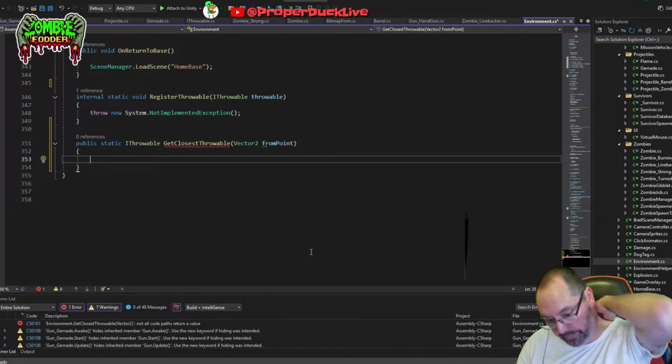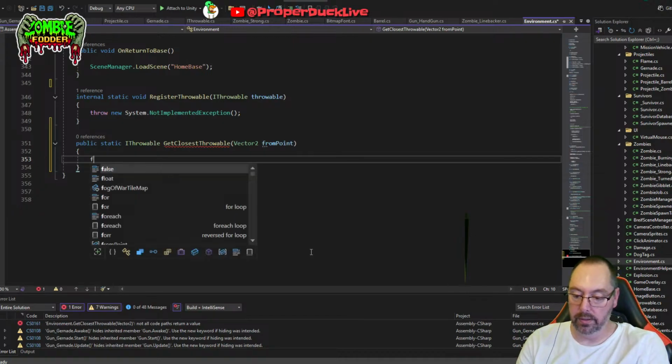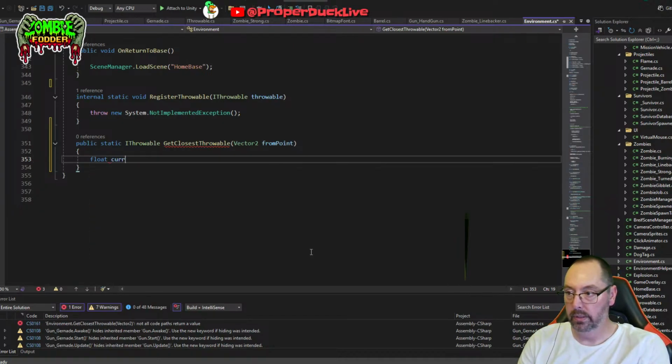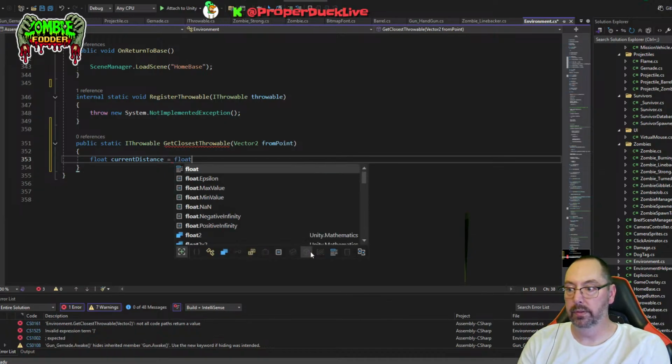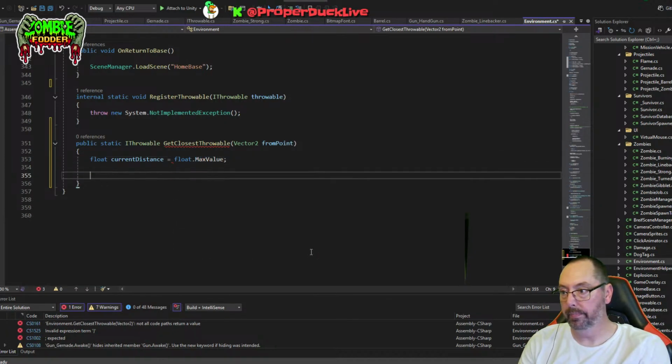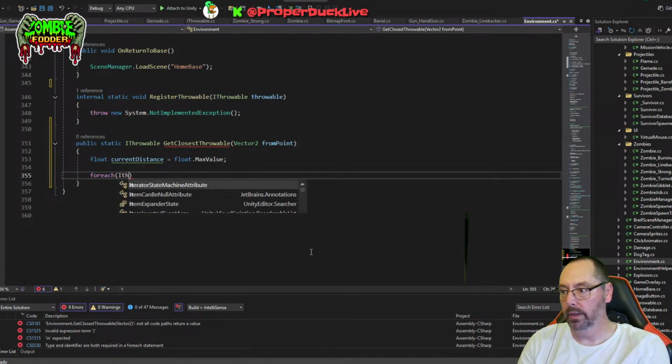So float current distance equals float.max value, for each throwable